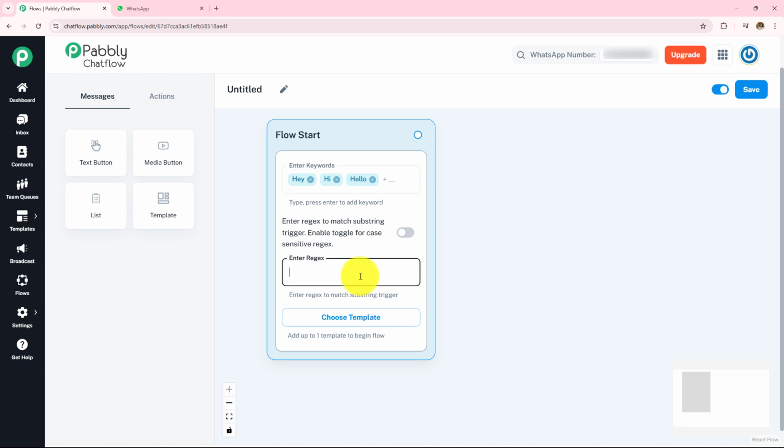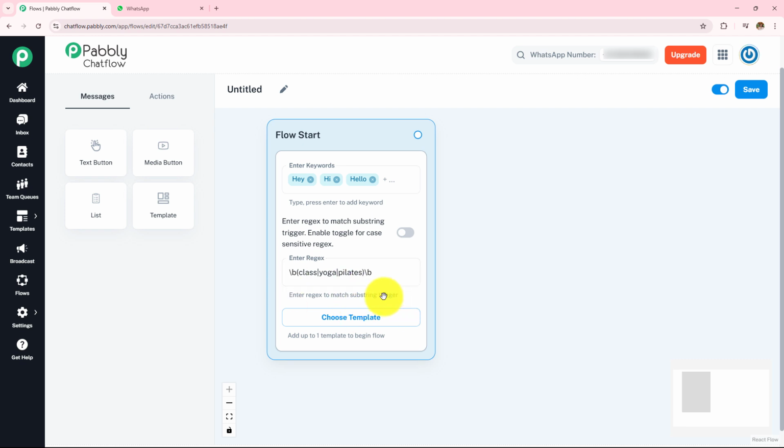So here we are going to take an example and I am going to enter a regex like this. So here I have entered my regex like this. We have to use the same exact format to enter the regex, and I have mentioned a rule. Now over here, if someone writes, I want a class, I want a demo class, I want to enroll in yoga class, whatever the message, these regex words class, yoga and Pilates will trigger if the user mentions these words